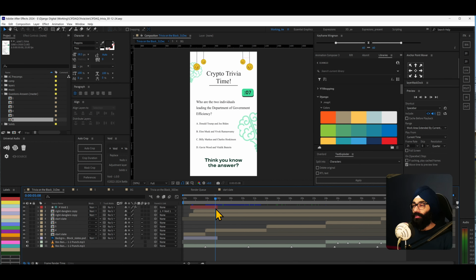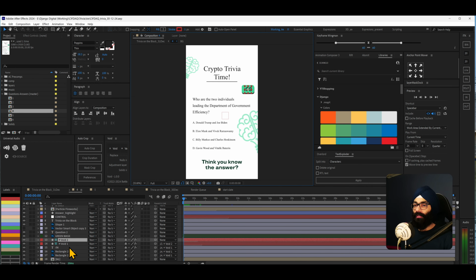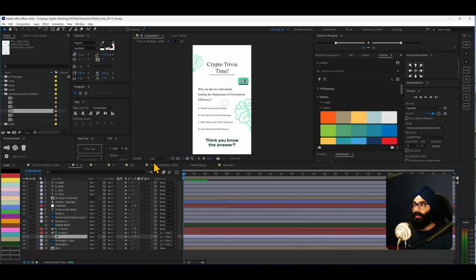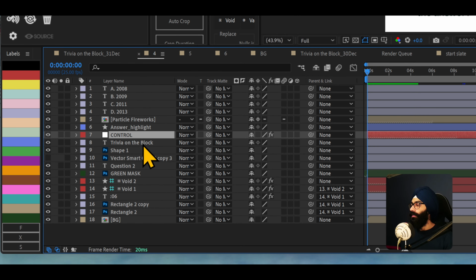Anyway, let me just show you the optimization that I've done here. So I'll come inside this. This is just one comp, okay? And there are 4 layers, 1, 2, 3, 4. What is happening primarily here is you see on the top there is a counter. That is just a text layer. And I will have to zoom in at parts so you understand how this is working. Most importantly, I have a control layer here. Okay, that is not at the top of the layer stack. This is important to note.